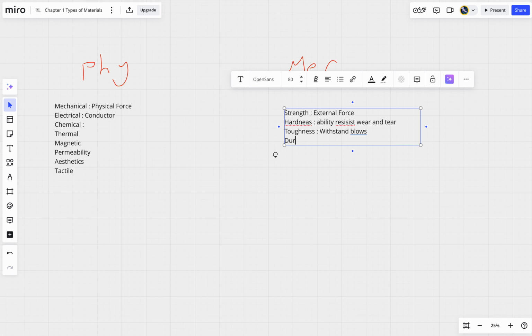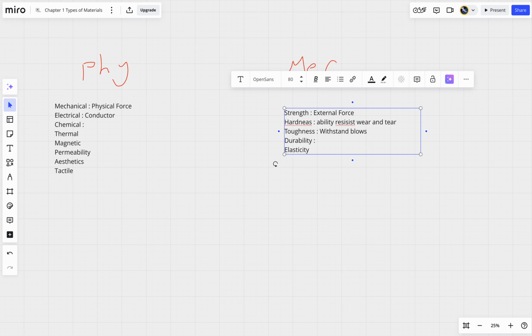And anyways, that is durability. I apologize for my terrible spelling, but yes, its ability to resist wear over time. Like if it is durable, you can use it for a long time without having to replace something, which is quite intuitive. And next is elasticity, which